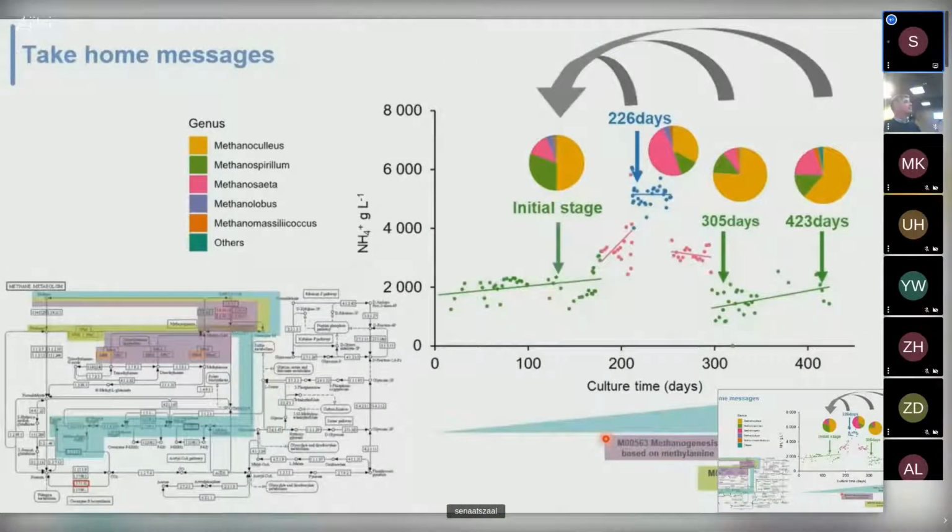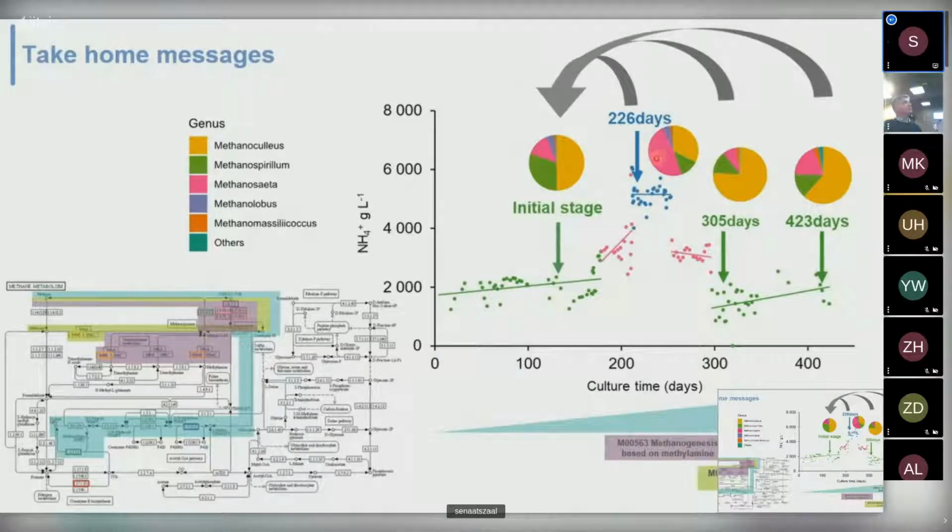So, to conclude, we identified 4 specific pathways in the metabolism of methane. And if we link the taxa with the functional information, we can see that at the initial stage we got the majority of Methanochelys and a little Methanospirillum. Then at high concentration of ammonium, we get the methanogenesis based on methylamine linked to the high relative abundance of